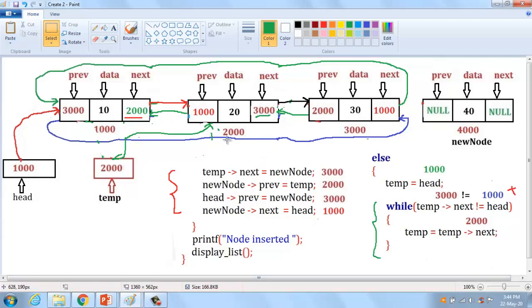What is temp of next? Temp is 2000, and 2000 of next is 3000. It should be changed into 3000 here. If it changes, temp also changes here.